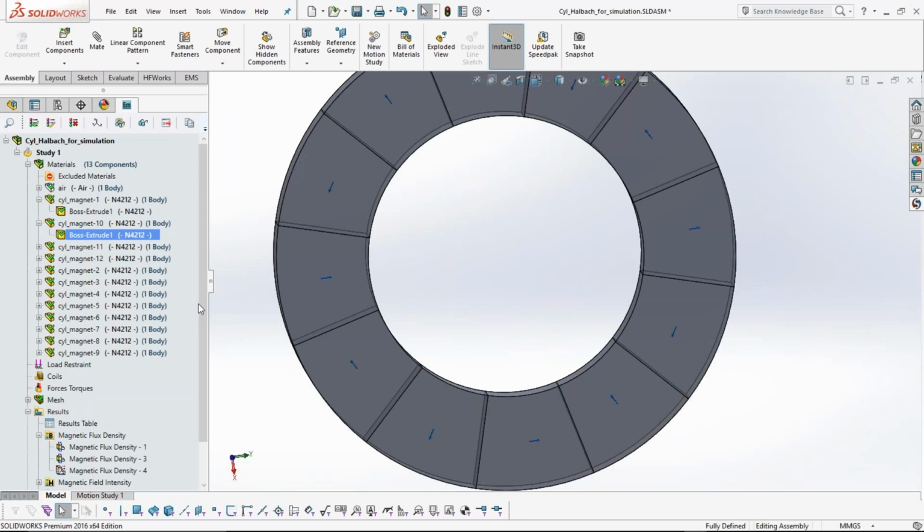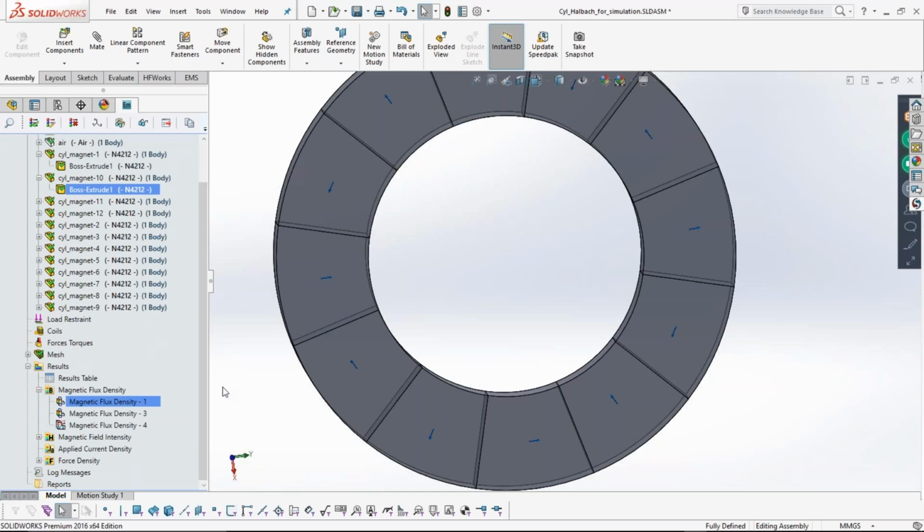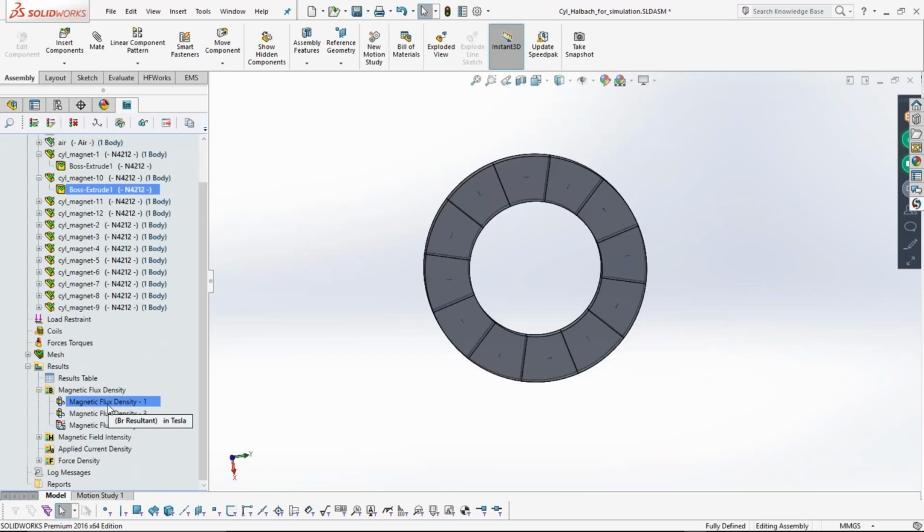Just like before, we created a study, we defined the materials of each of the magnets, and what we also have is the air region around the magnets, and also obviously inside this, and we request the program to mesh this geometry and give us the field. So let's take a look at a few of these. Let's take a look at the magnetic flux density